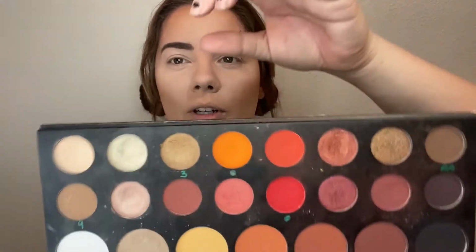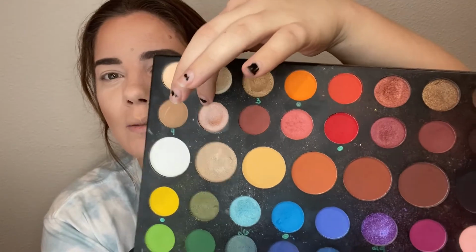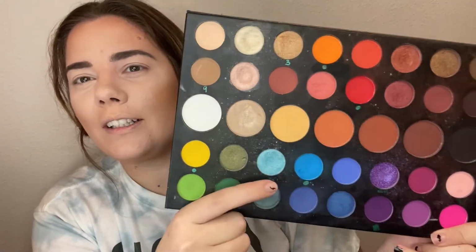All right, so this isn't the greatest because we got a bunch of shimmer colors. So we got 3, which is the shimmery gold, 9, which is this matte brown, then we got this shimmery purple and this shimmery blue. So this look might not be the best. So I'm gonna start off